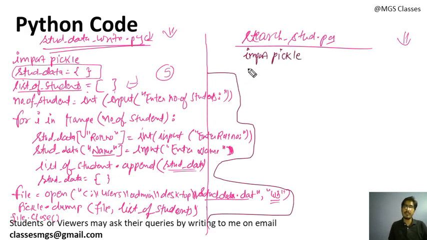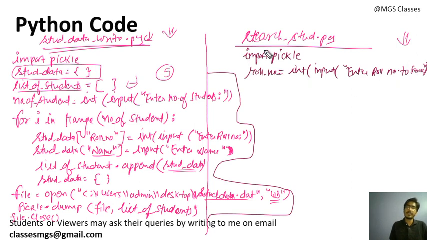Now we will take the roll number to search. Roll number to search we will take in some variable as integer input: enter roll number to search. You can write this Python program in the same file also, but if you write in the same file, it will confuse you. You are writing in the same program and reading in the same program, then it will not give you the gist that you want to get. Now we have taken the variable.